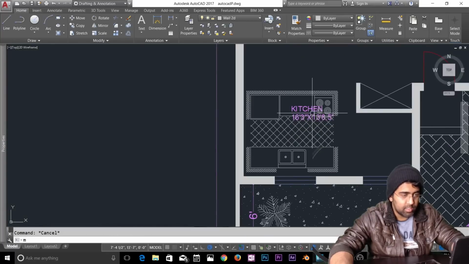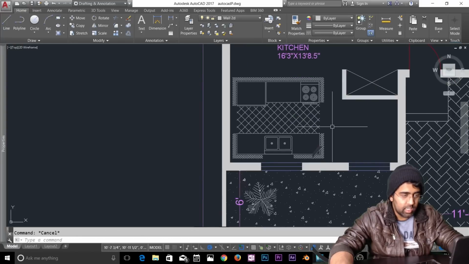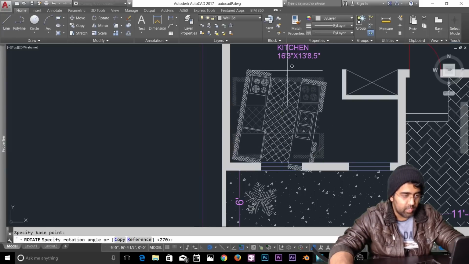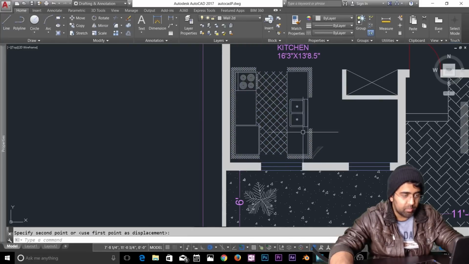Let's move this kitchen area. Oops, I should have selected two of them, so select them with the blue window. Done. Then here we can rotate this, so R for rotate. Select any arbitrary point and rotate it to this angle. I know it's a bit weird putting this here,